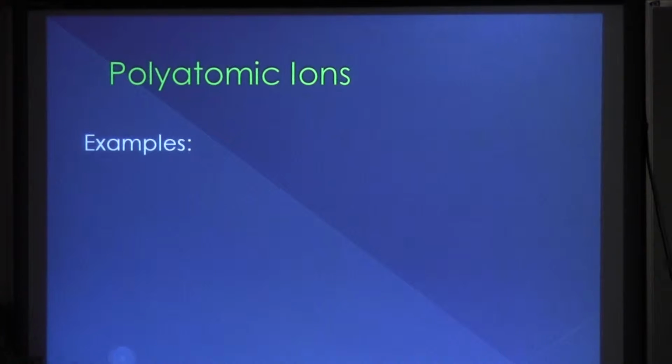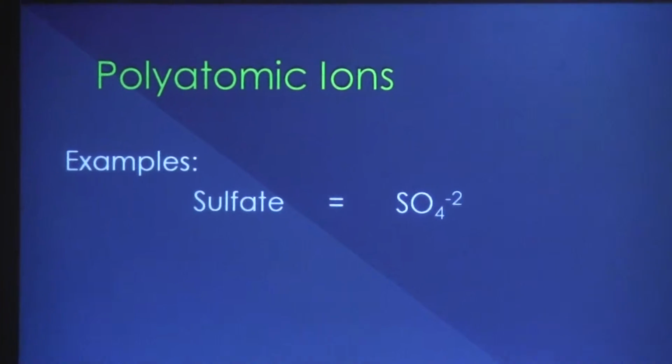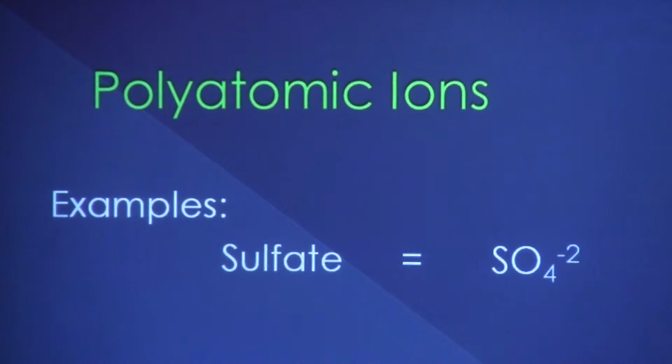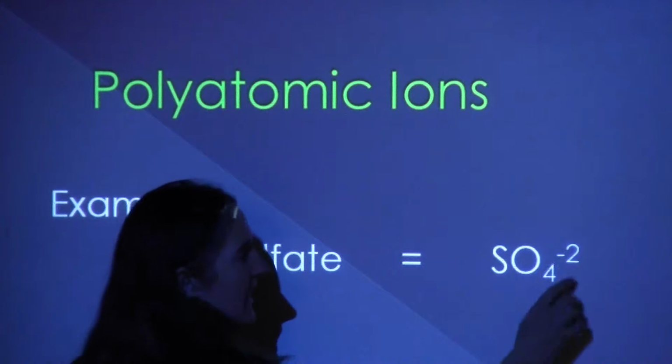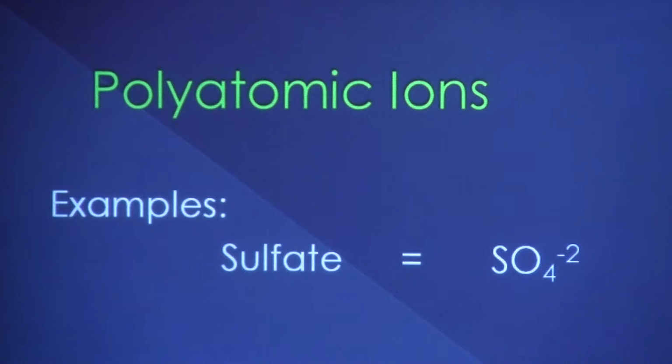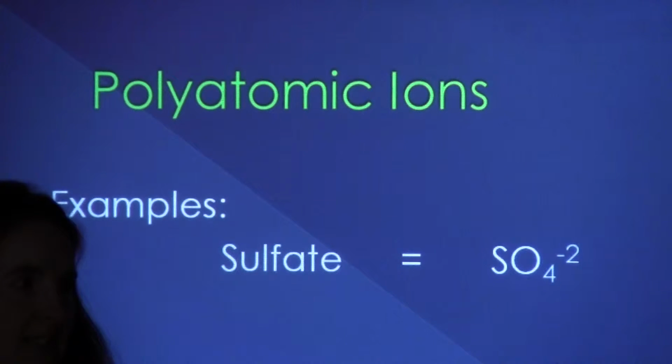So the first one we'll give you as an example is sulfate. Have you heard that ATE ending before? ATE just means that it's combined with oxygen. Most often your ATEs will have an O3 or an O4 combined with it. So sulfate has an O4, SO4. That SO4 combined together as a whole, the whole thing has a -2 charge when it's an ion, which means,